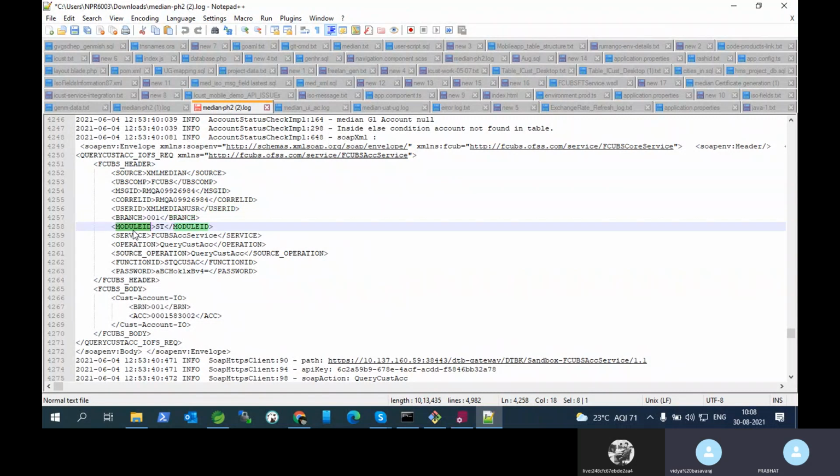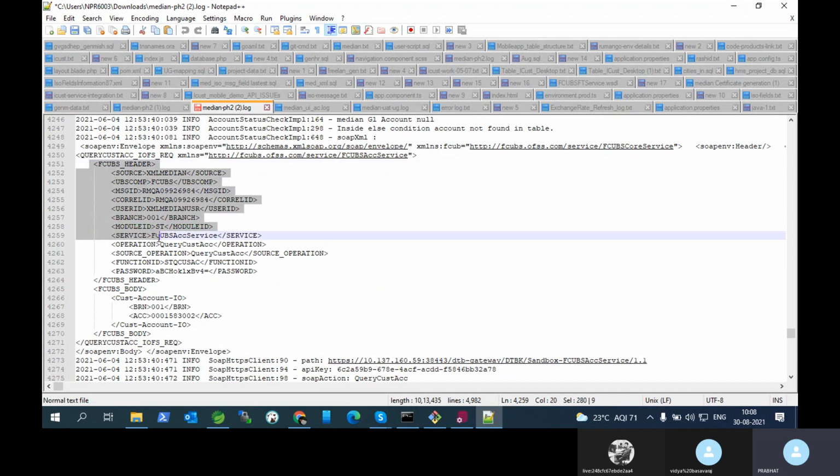Because KC sir is telling that this header part is changing for all requests. So for all the requests, we are just storing one request in the DB. But if the tags are changing, we can't control it from the DB. So it's better we give control to the user. The user will upload the file, and we can get this header and all the tags.